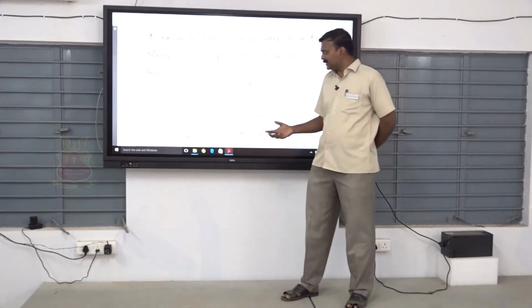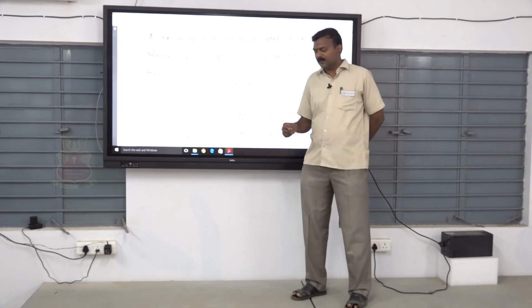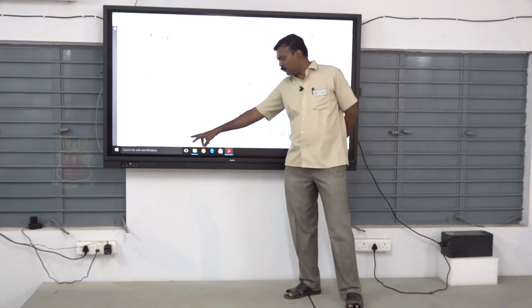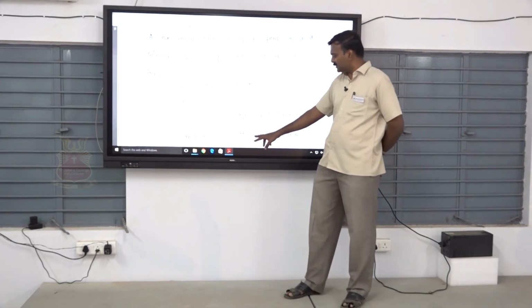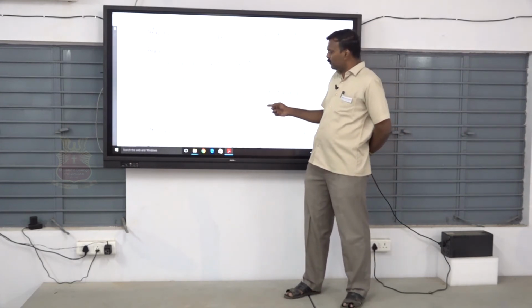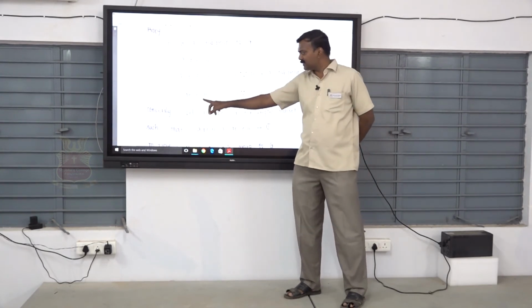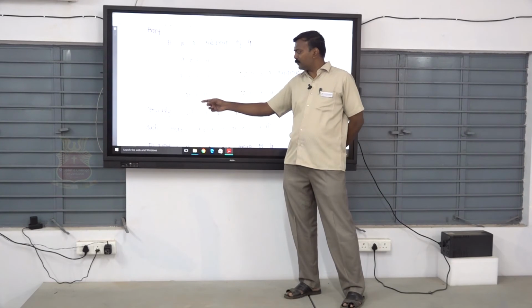Then ab inverse belongs to H. ab inverse means the binary operation, that is closure. Closure is satisfied by the subgroup. Therefore, ab inverse belongs to H since H is a subgroup. That is the first part: H is a subgroup implies ab inverse belongs to H. That we proved, the first part.